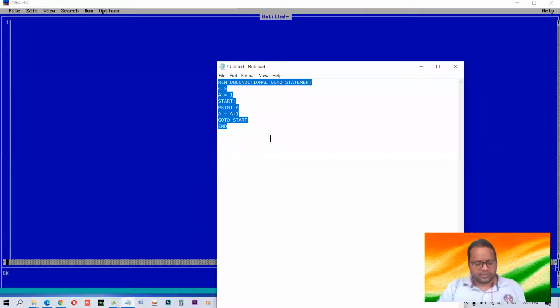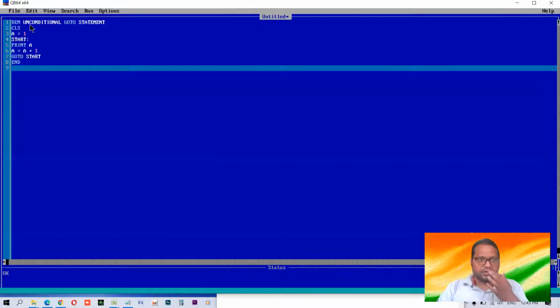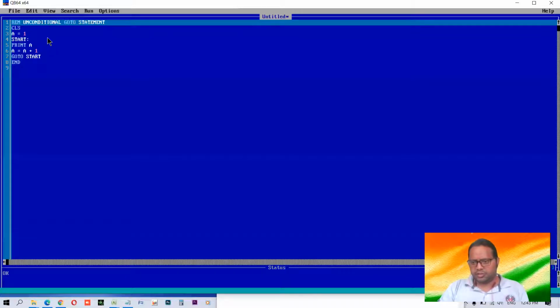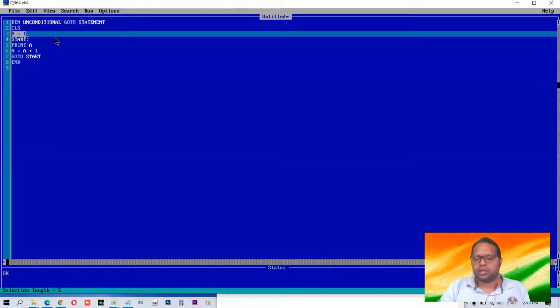Here I have written the code, simple code. Look, I have pasted it. So first, let us learn it one by one. Line number one is rem. This is remark. This program is about the unconditional go to statement. We have conditional also. We'll see this later. Then the screen will be cleared with the CLS. Then a variable a is there whose value we are assigning 1. Means there is a variable a in computer's memory, in RAM, in main memory. A variable will be created and its value will be assigned 1.